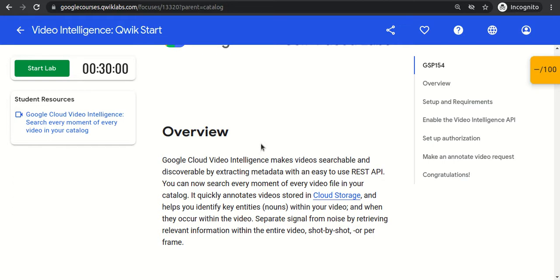It will do some kind of intelligence, and as part of that it will extract metadata information, such as the start time and end time of the video, and all the key information within the video. Let's suppose we have a video in which a train is running. The key information within the video is the train, the people sitting in the train, the road, the trees outside along the road. And if there are any other entities, it will fetch all of them just by reading the video. So that is the use of the Google Video Intelligence API.